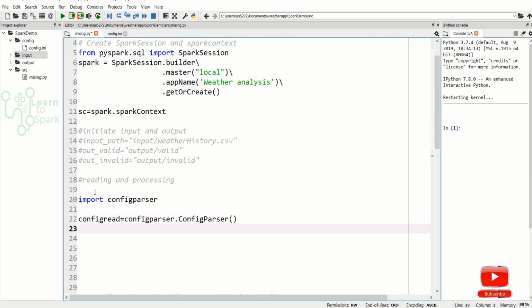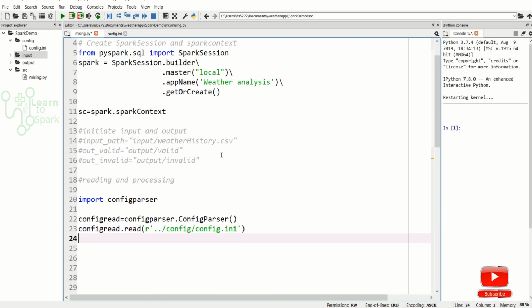So we have created the object, and now we will be reading a file. For reading a file, we use config.read, and inside this I'm going to give r and the file name. Here you know that we are inside the source path and we have to go to the config path. So I'm giving ../config/config.ini. In this way we are reading the file.